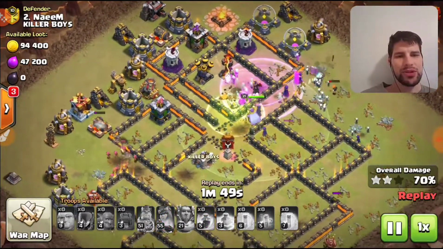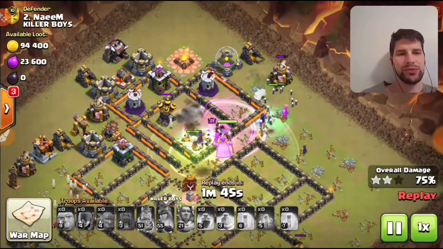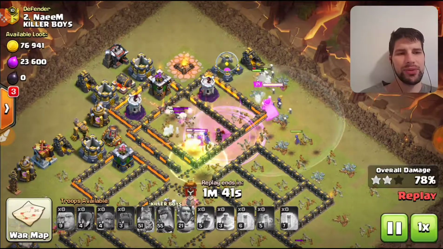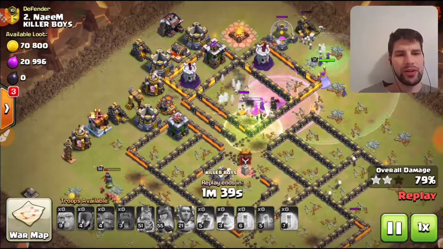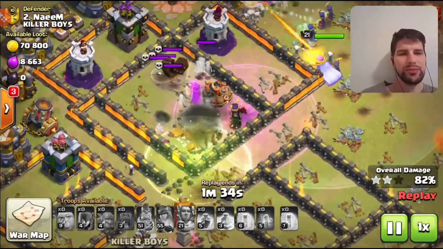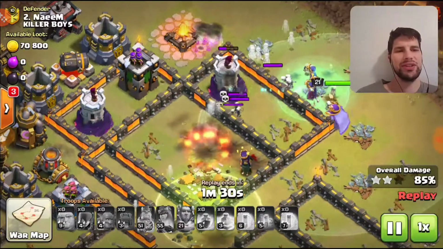So I got my Queen ability. So my Queen will still do a lot of damage over there, but I use my rage to get that Inferno Tower down because I couldn't have my Inferno getting my Grand Warden. You see my Queen's eventually going to go down, but over here we just got witches, and witches